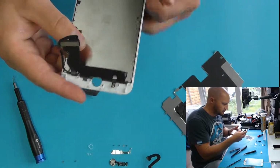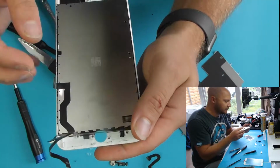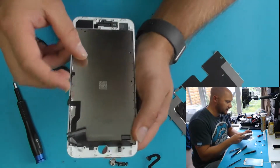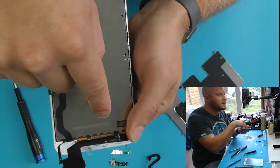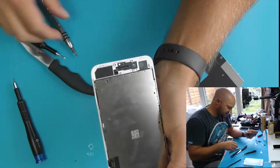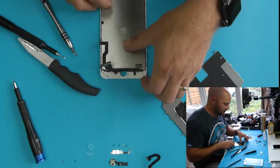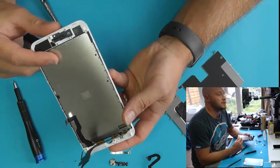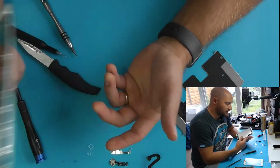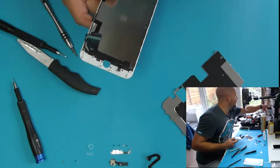Right, so Apple have actually tied their screens to the motherboard of the phone now in the iPhone 8s and the X, and so if you put on any other screen than the one that came with the phone, iOS will know that this serial number here is different, and so in knowing that, Apple can disable any feature they like by writing that right into the operating system, iOS. Now in iOS 11 it's been documented that the ambient light sensor will fail to work based on this information being different. So what we're doing here today is going to avoid that issue altogether, because we're going to replace the same screen to the phone. Should you need to put on a different screen,